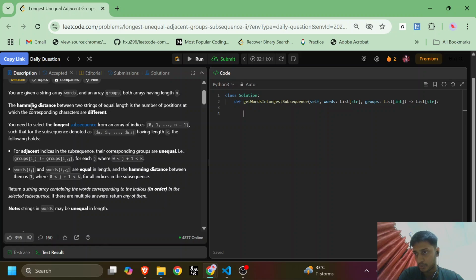The question is: the Hamming distance between two strings of equal length is the number of positions at which the corresponding characters are different. So basically, at respective indexes, if both the strings have different characters, we will increase the count by one and calculate the Hamming distance. Further, you need to select the longest subsequence from an array of indices